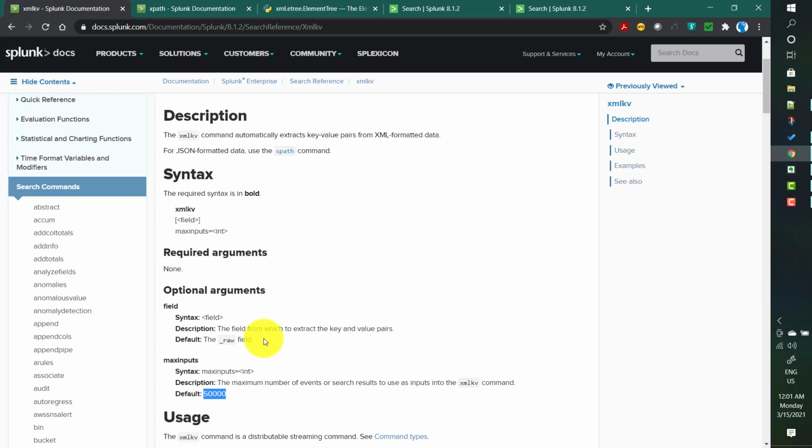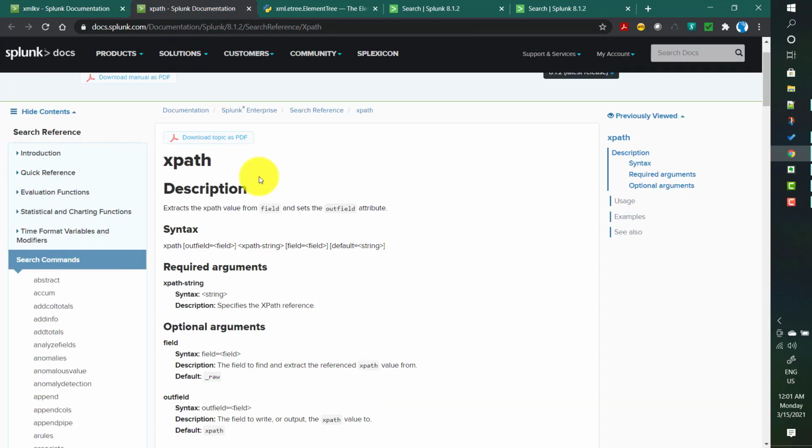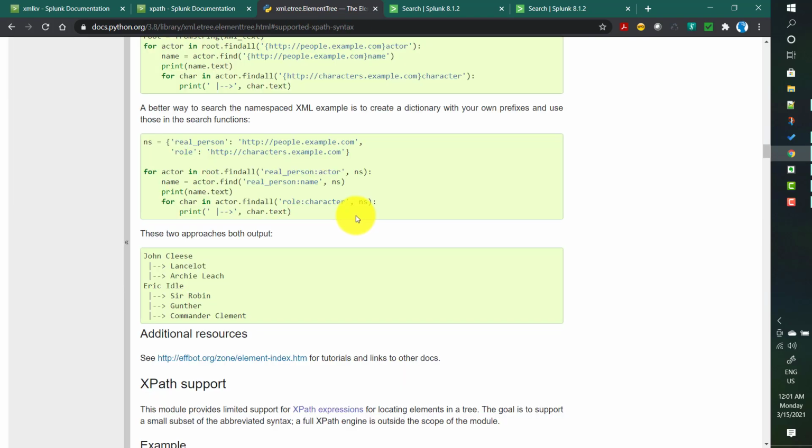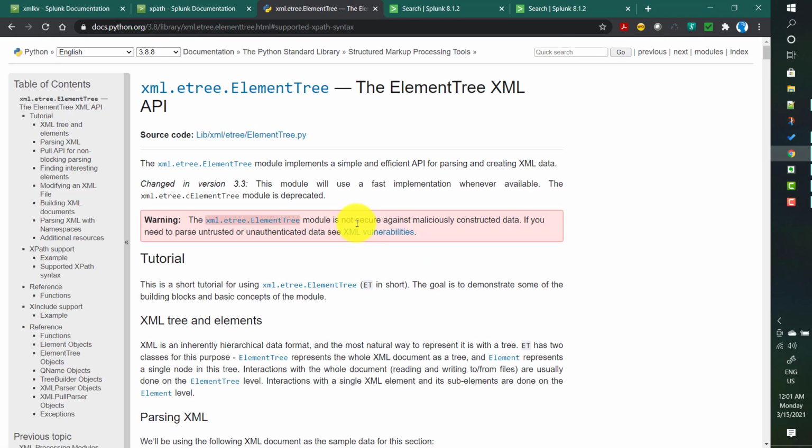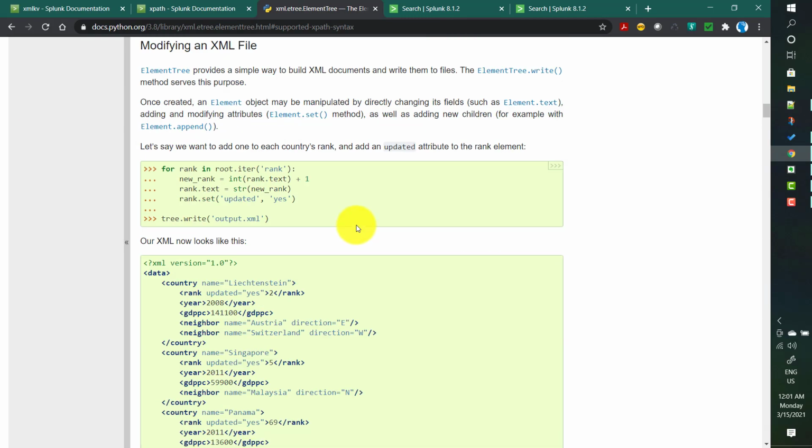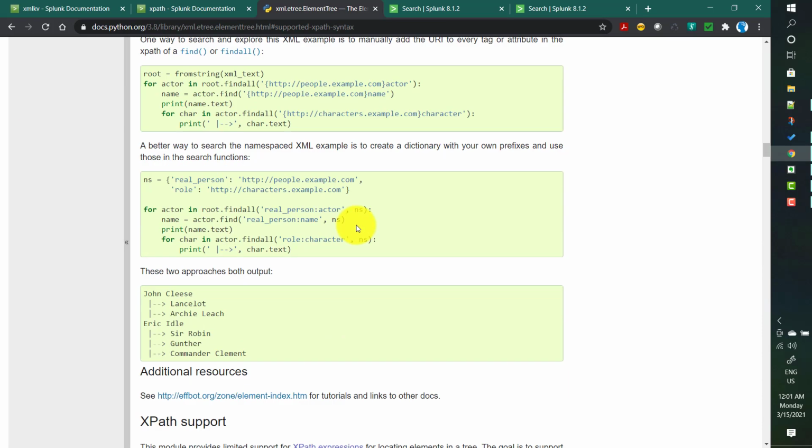Now, compared to xml-kv, the xpath command is a better one, but it also has a limitation, which we will see. The xpath command draws its reference from Python XPath syntax. If you are aware of the Python etree ElementTree package, it also supports XPath arguments. XPath is a path syntax used for extracting node values, their properties, their attributes, everything.